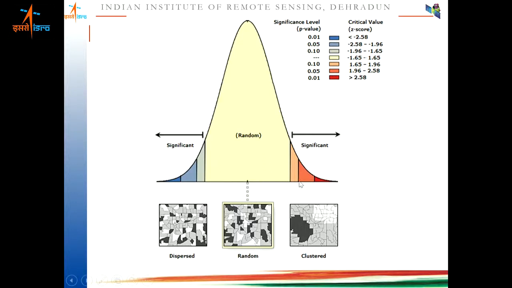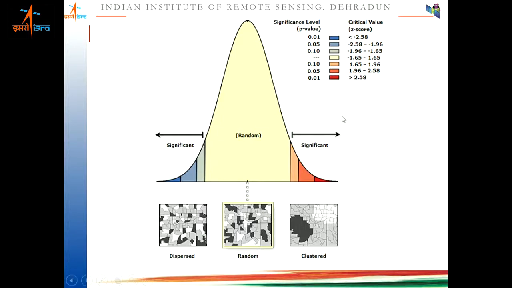For a 95% confidence interval, this becomes 1.96 and here minus 1.96. To be significant, your z score should be more than 1.96 or less than minus 1.96. Similarly, for a 99% confidence interval, it is 2.58 and minus 2.58.